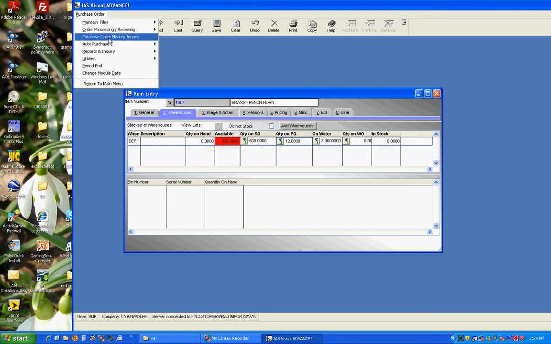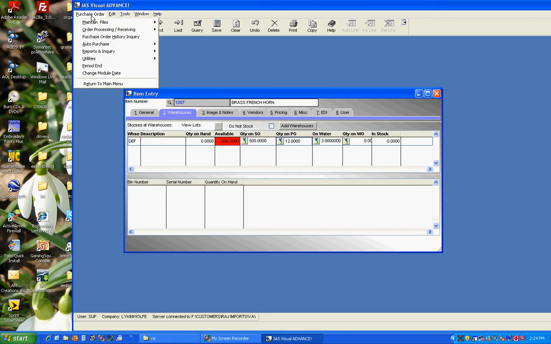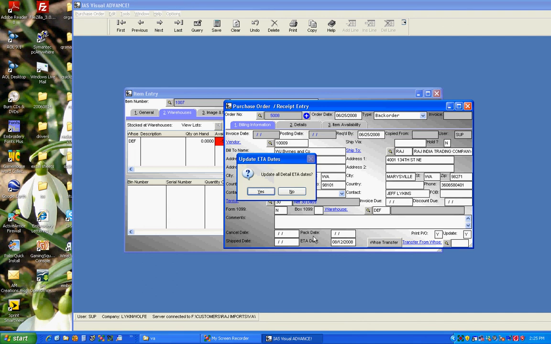and I edit that, because now I have a new ETA date of that item, 5008, and I change my ETA date, now I know that my ETA has been moved out to August 12th. Once I save it, it asks me, do I want to update the ETA date down the line? So if I say yes to this,